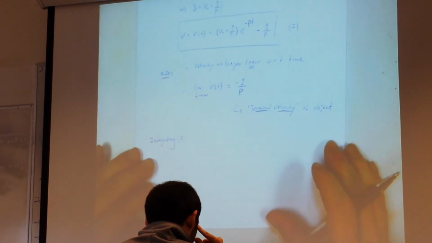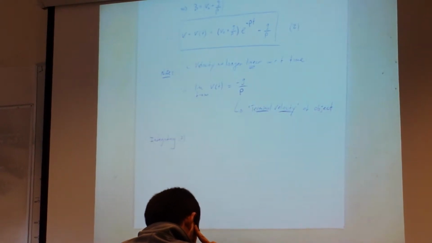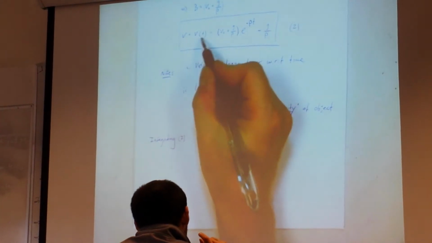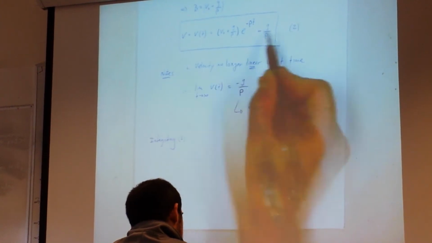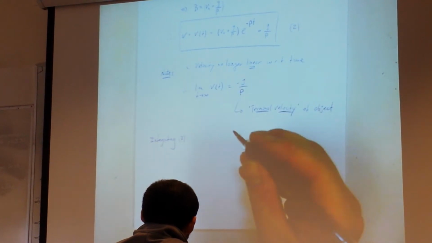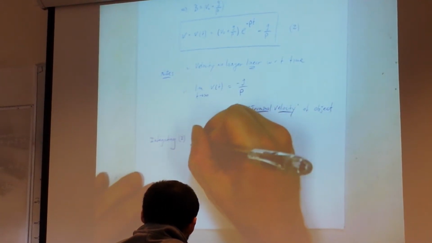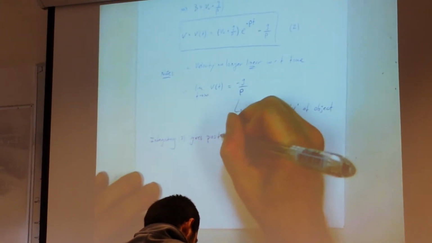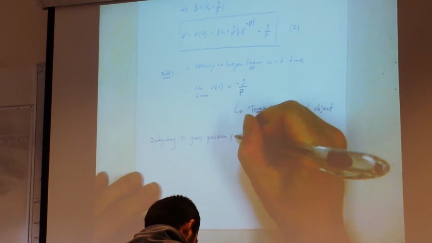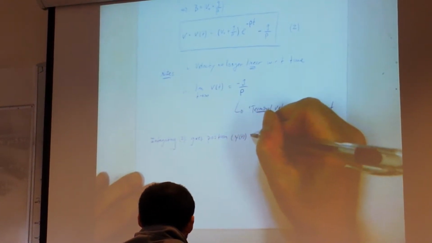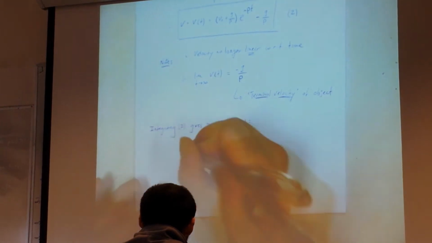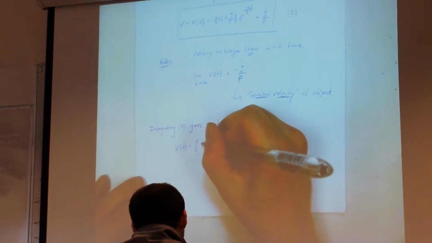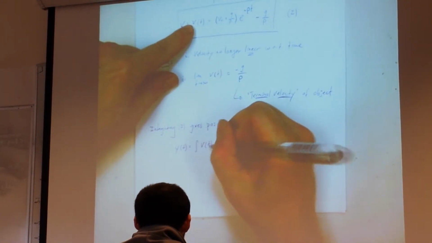So if we integrate equation 2, that's velocity, and velocity is dx/dt, right? So this is integrable, although kind of ugly. We got these constants to deal with, but integrating 2 would give us the position function. Okay, and that's what we're going to do here. All right. So y of t equals the integral of this function, v of t dt,